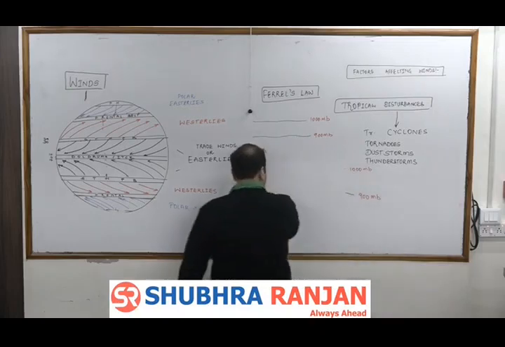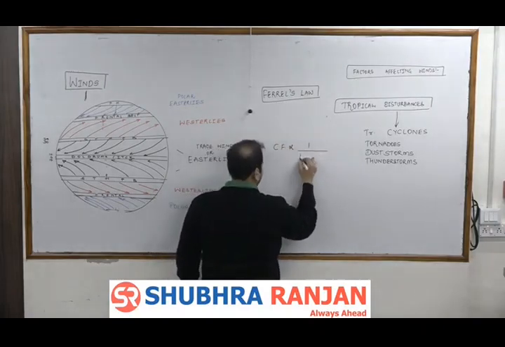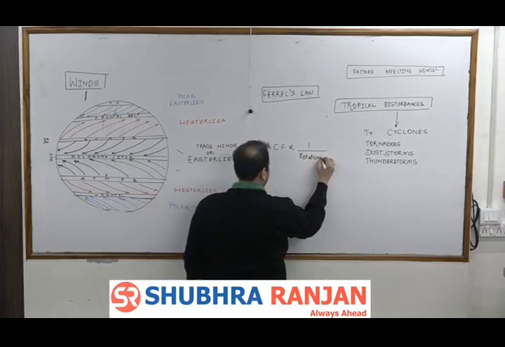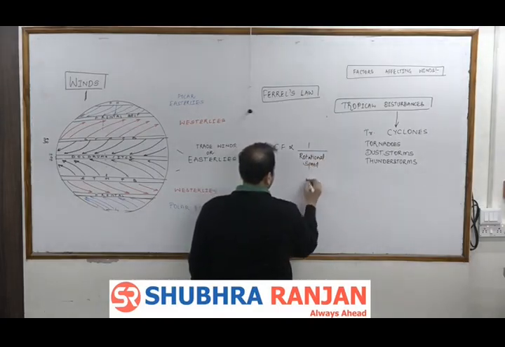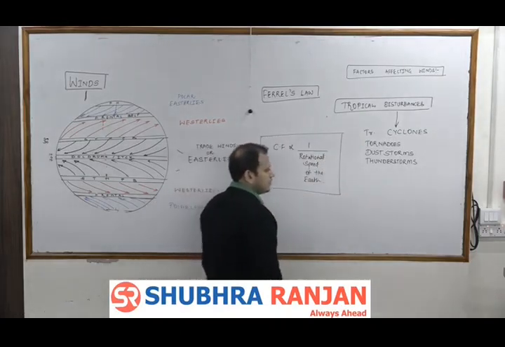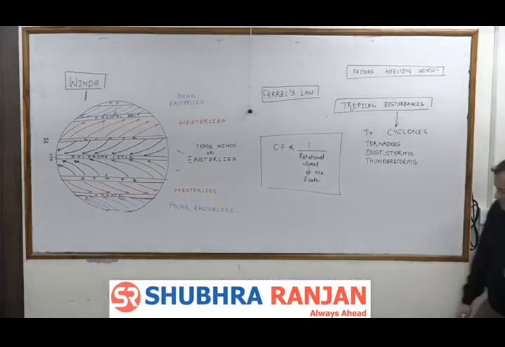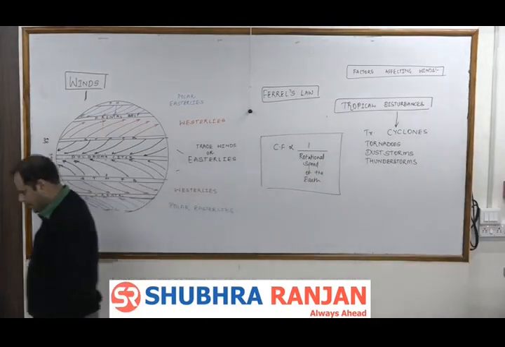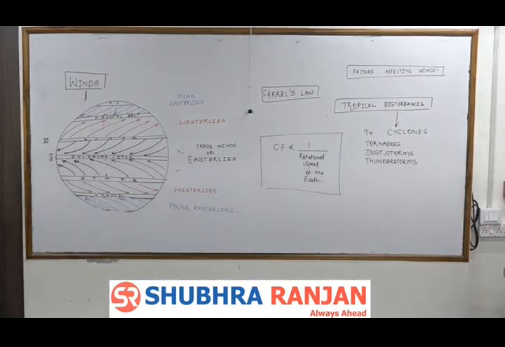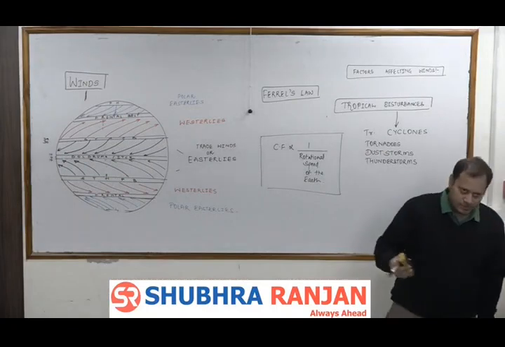Next, Coriolis force is inversely proportional to the rotational speed of the earth. And therefore, as the rotational speed of the earth is greatest, or is maximum over the equator,